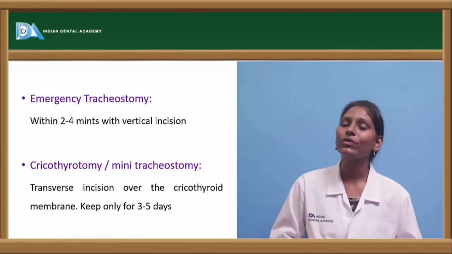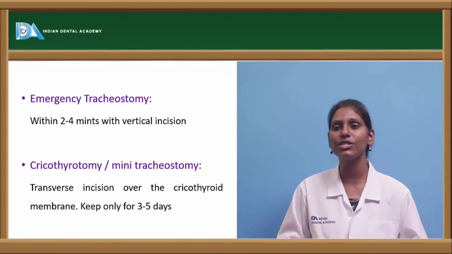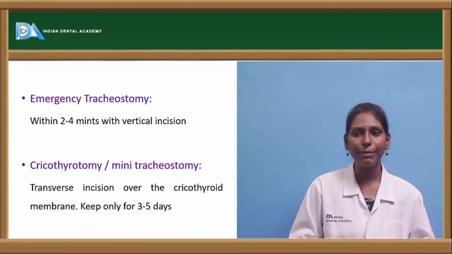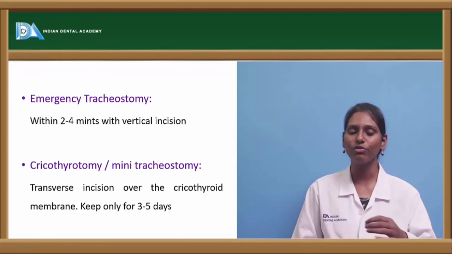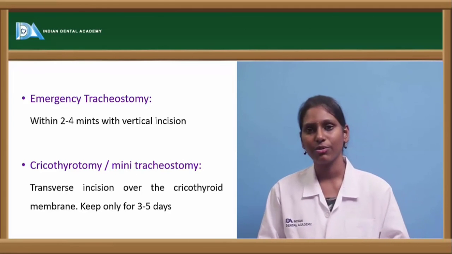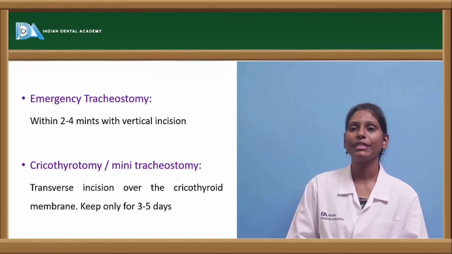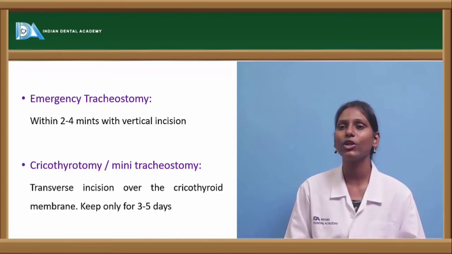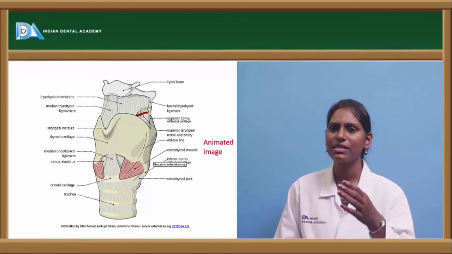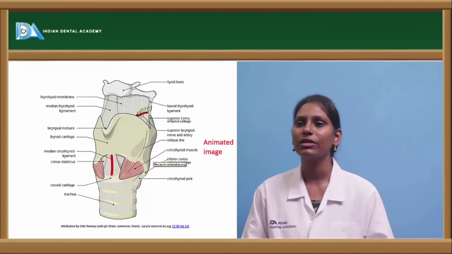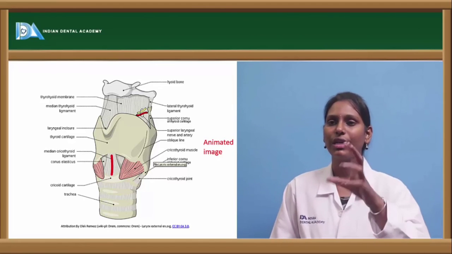There is something called cricothyrotomy or mini tracheostomy. Here we give a transverse incision over the cricothyroid membrane, and this is usually kept only for 3 to 5 days. Okay, in case of minor surgical procedures etc., where we need artificial ventilation for about 3 to 5 days, we go ahead with cricothyrotomy or mini tracheostomy. This is a procedure where we can actually see a slit at the median cricothyroid ligament, and we can see the procedure in an animated image where